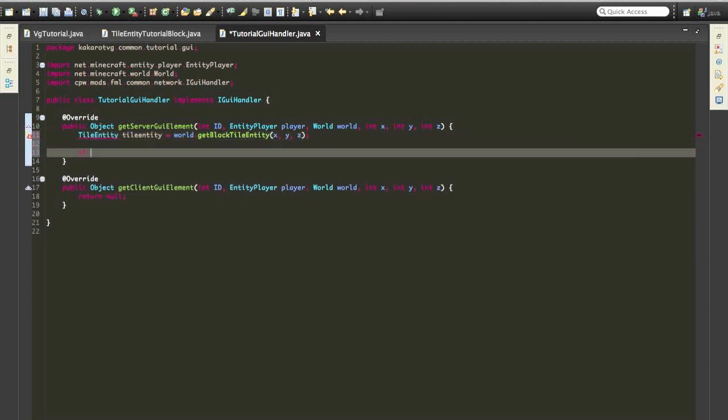And if tile entity, if tile entity instance of tile entity tutorial, oh my gosh, block entity